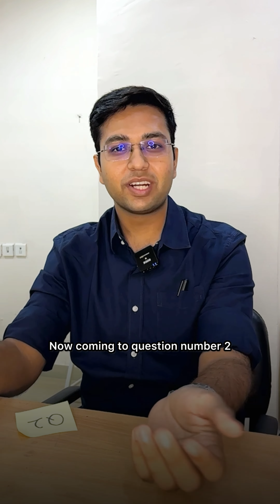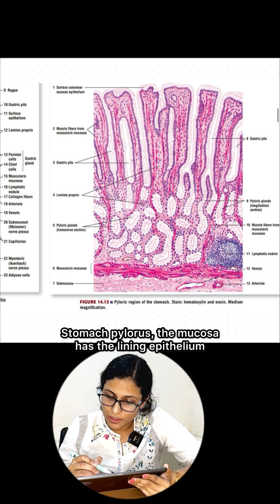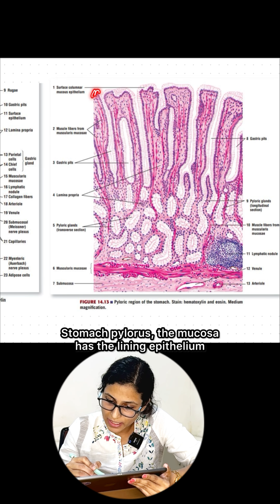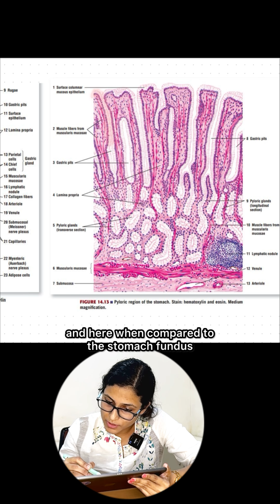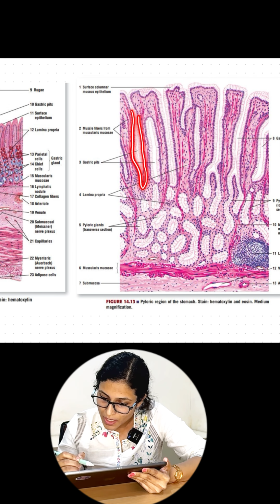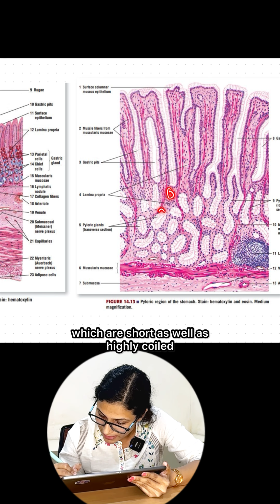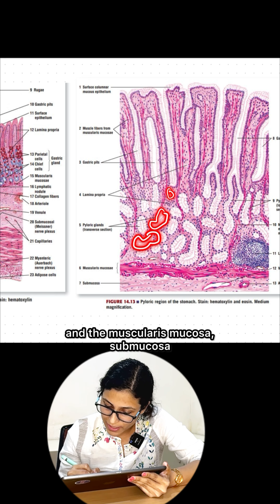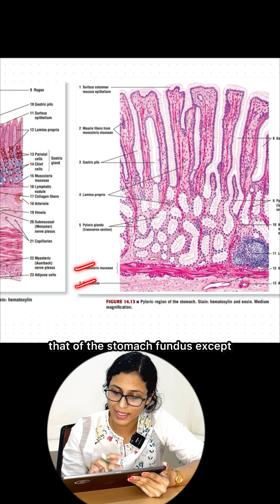Now coming to question number 2. How can we differentiate it from stomach pylorus? In stomach pylorus, the mucosa has the lining epithelium that is simple columnar, and here when compared to the stomach fundus, you have long gastric pits, and in the lamina propria we have the pyloric glands which are short as well as highly coiled. And the muscularis mucosa, submucosa, muscularis externa and serosa are the same as that of the stomach